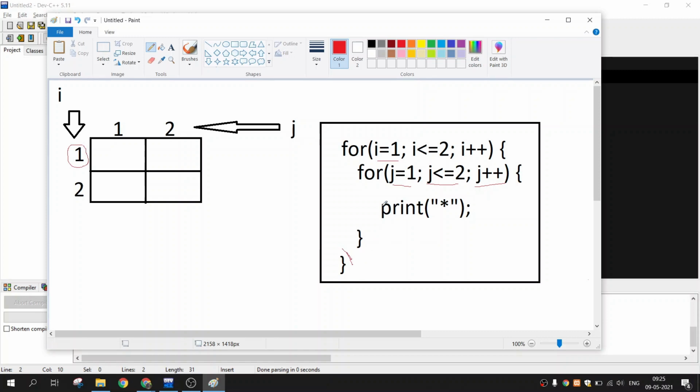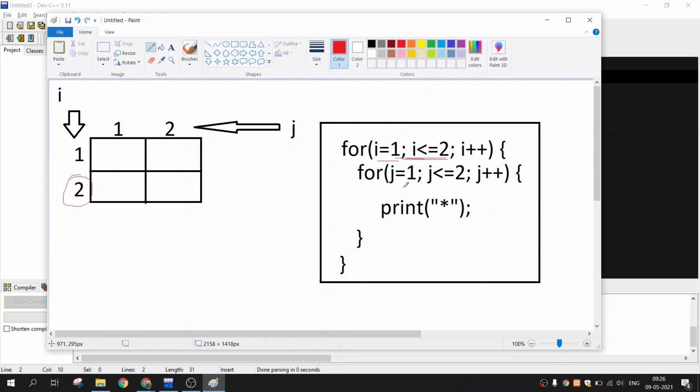Now this inner loop is completely executed. After that the value of i will be incremented. The current value of i is 1, and after incrementing, the value of i becomes 2, and the condition is checked here. Yes, this condition is satisfied because 2 is equal to 2.